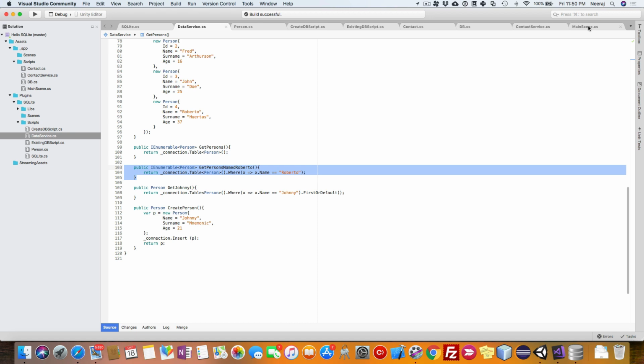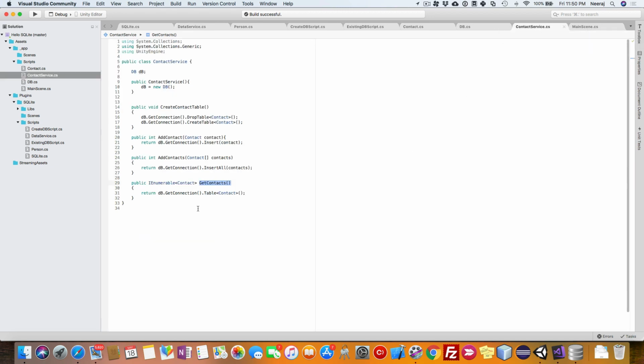We'll just copy this and save it here. Get contacts named Roboto. Now we don't have that way. We will have something like this: string name, then the contacts which we want to retrieve,